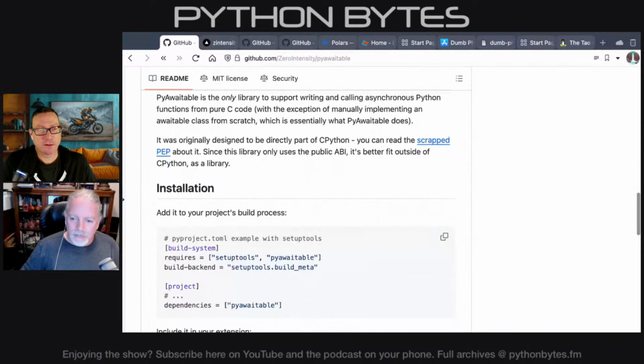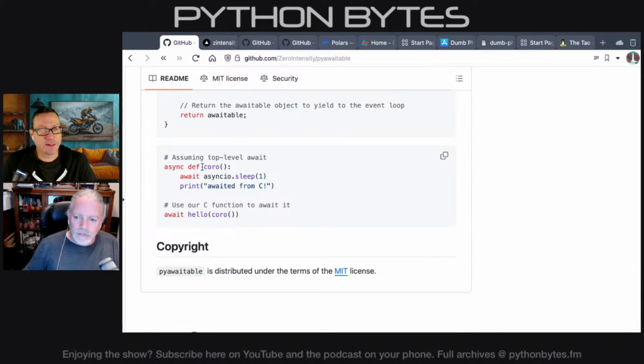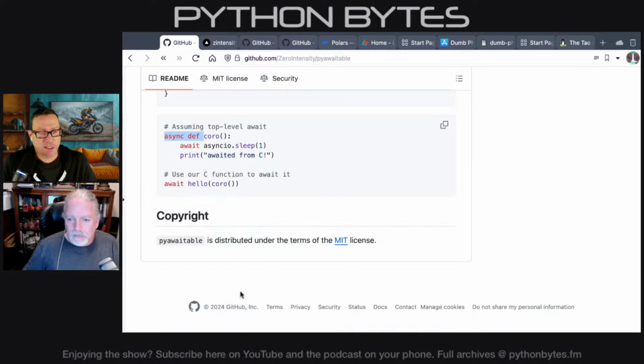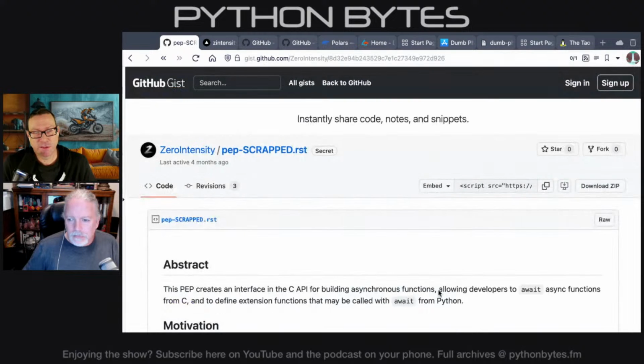And so this is a library that lets you create code in C that can accept an async Python function. So if you write async def in Python, right, and create some function that uses async and await, and you pass it off to the C layer, well, that used to be kind of tricky. This was suggested as a PEP, if you check it out.